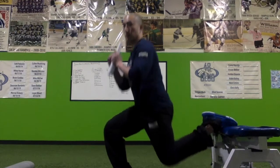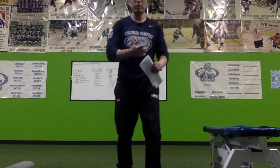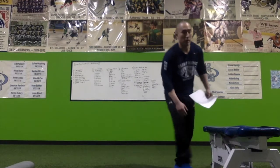If we need to add a little resistance, we can add a backpack, hold a sack of rice, whatever we have around the house that can add a little resistance. Obviously do a weight that would make sense for you, that's challenging enough for you. And on that, we're going to do 10 each side. So you probably don't need a lot of weight. Body weight is still pretty challenging if you have nothing to hold on to. Okay. Next exercise is going to be